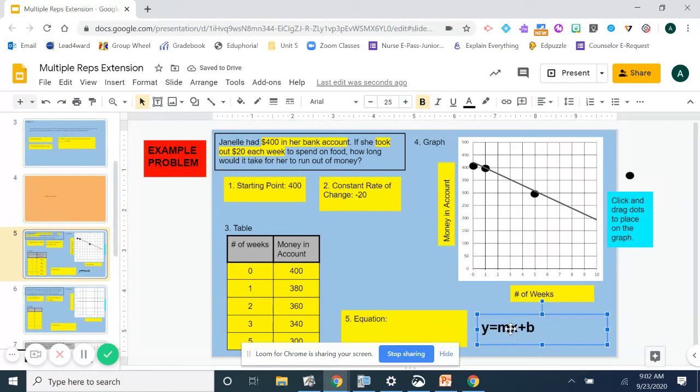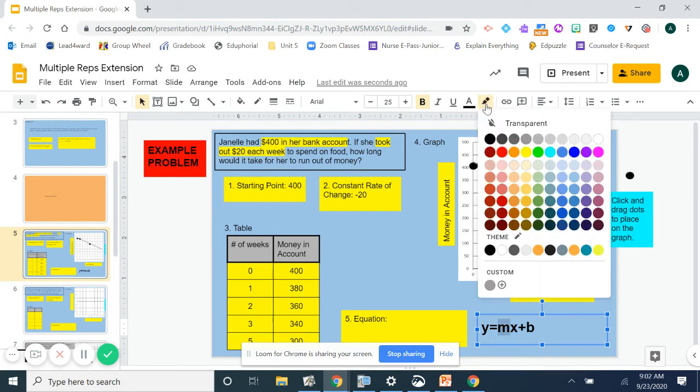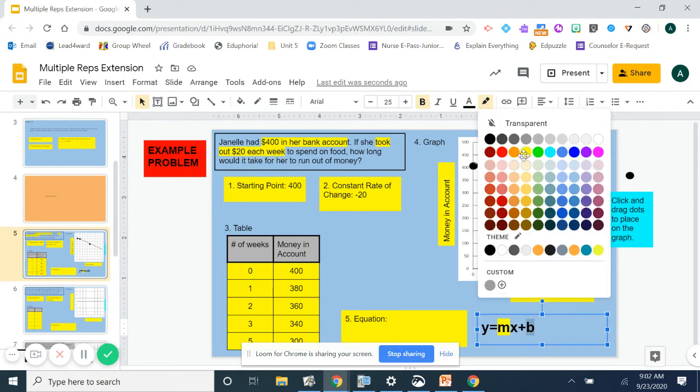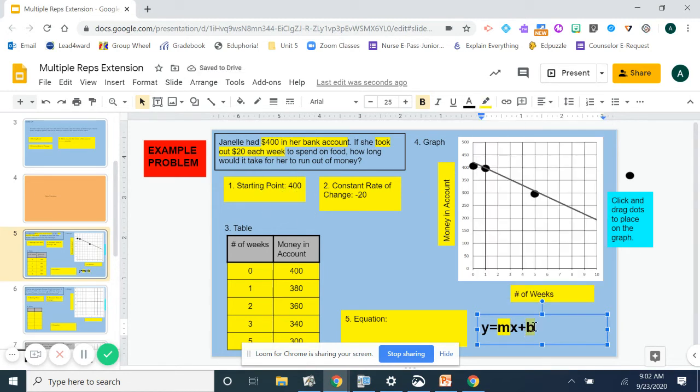So this m is representing my constant rate of change, which I know is -20, and b represents my starting point, which is 400. So remember the word substitution. In math, substitution still means to replace something. So I'm going to substitute my constant rate of change number and my starting point number in for m and b. So when I go to write my equation,